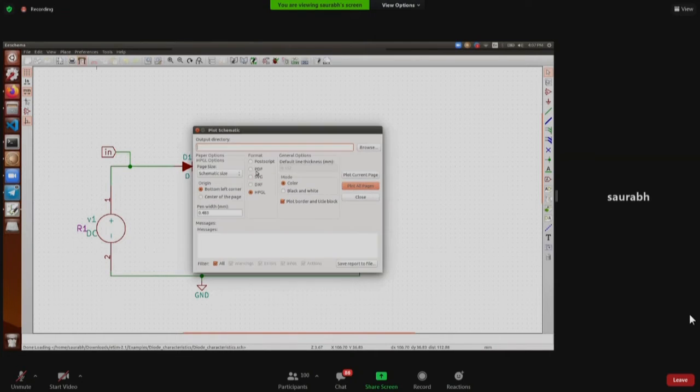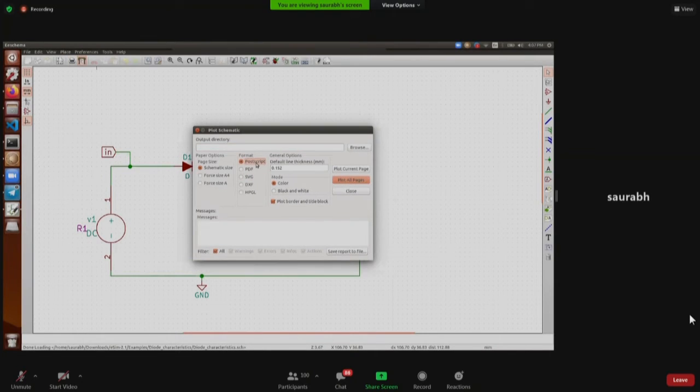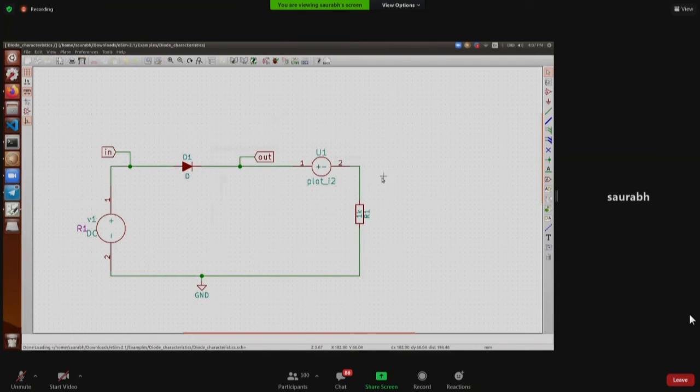If I'm not wrong, there is a format where you can convert this schematic that you see into a PostScript format. You can convert this into a PDF format. You can choose different sizes in which you want this schematic to be printed out, whether it is black and white, or there are some other formats also which are used in the industry, so that you can pass your information for commercial use.